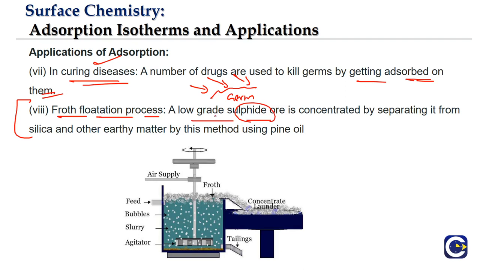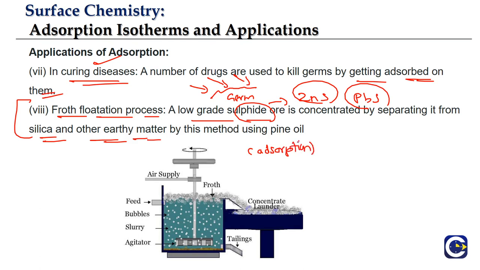Low-grade sulfide ore means along with the particular ore. So we have so many common sulfide ores like zinc sulfide or lead sulfide. These are generally the sulfide ores that we will be using. Even copper sulfide is there. So low-grade sulfide ore has general impurities like silica or other earthy matter, the gangue particles. To remove these gangue particles from the sulfide ore by using the froth flotation method, here the adsorption